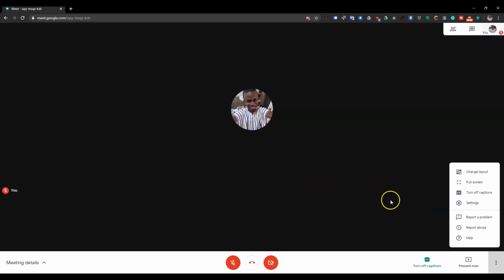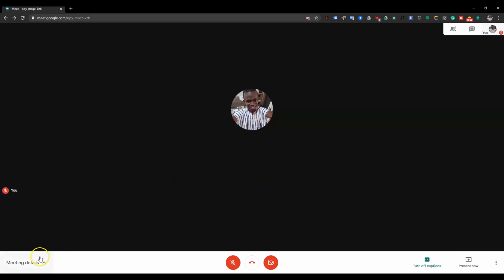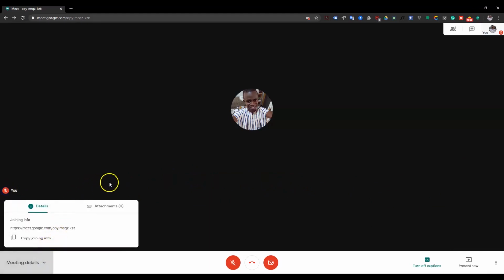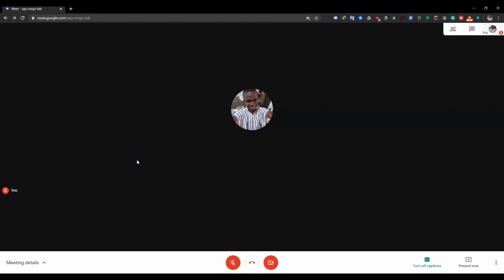And then you also have a couple of options on the desktop or in the PC as compared to that of a mobile phone. So basically these are the options you have available with Google Meet when you are using it on a PC. And these two apps are actually doing the same thing, but when it comes to what I prefer, I'm probably going for the Google Meet app, because taking a look at the user friendliness of that particular app is much better as compared to that of Zoom.